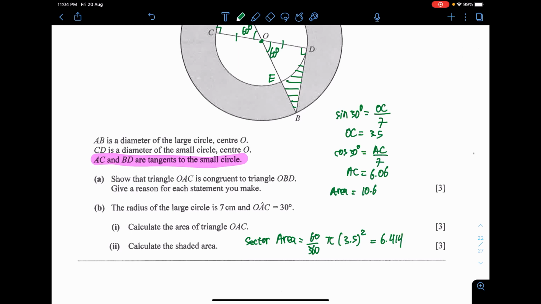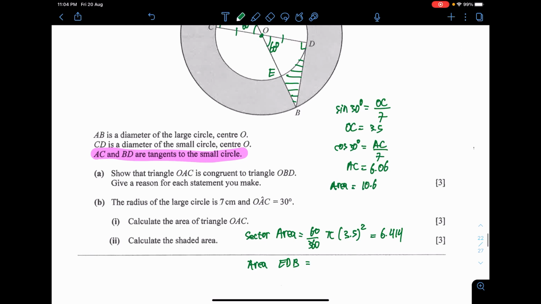So then, how do you actually call that area? Okay, EDB. Yes, area EDB. Don't forget to name some of the points on your own. Sometimes it's required for you to finish the question in O level. Just name them properly. Okay, named EDB. You want to find the area, you just take the 10.6 and then you minus the sector area. So 10.6 minus that, I got 4.1859. So just correct this to 4.19.